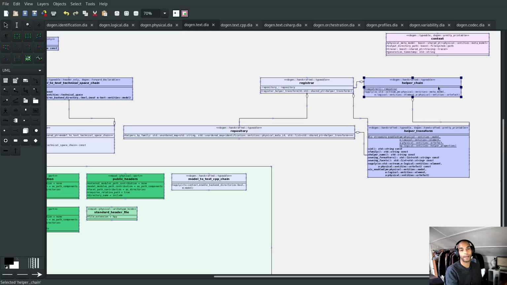which is already there, the helper chain. And then instead of using the assistant, we can just call the helper chain, and the helper chain will then go and do its thing. So the text transforms will call the helper chain. The helper chain will have access to the model,